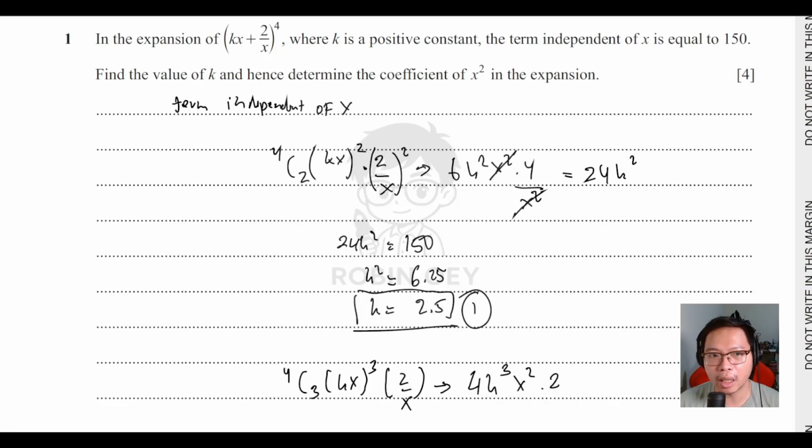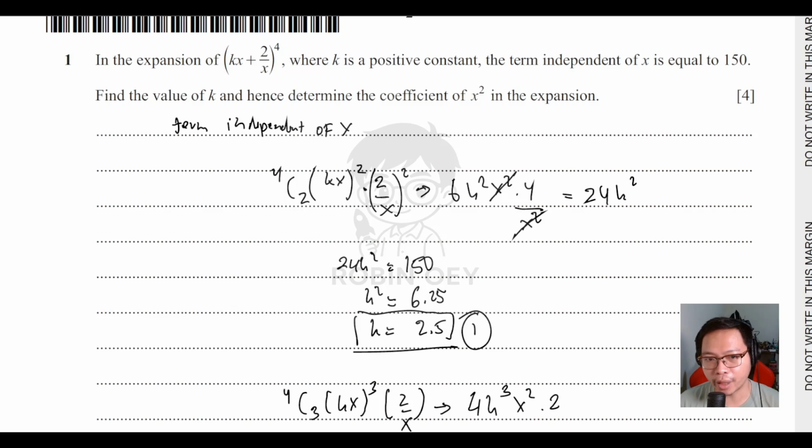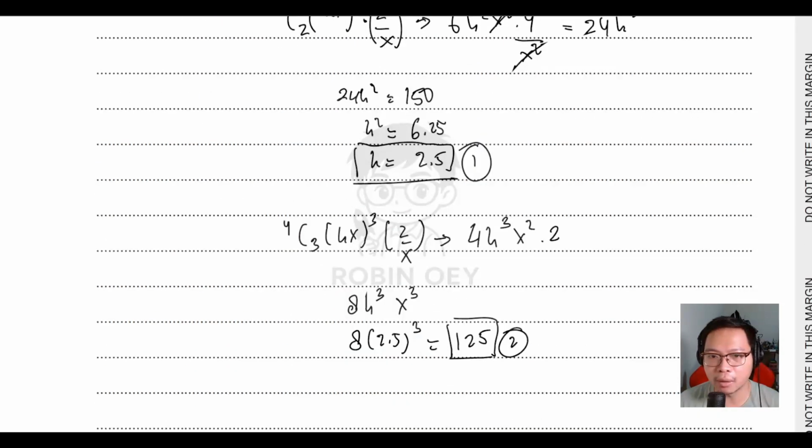For this type of question, please do some trial and error first. Like now the first one, term independent of x, meaning that there will be no x, we are looking at the constant. That way you need to find the part of the term that might cancel out each other and give you the desired answer. For this there is no fixed rule how to do that. Maybe you need to do some trial and error. So for the first and second part you might need to do some trial and error.